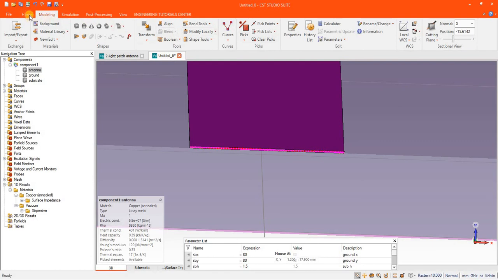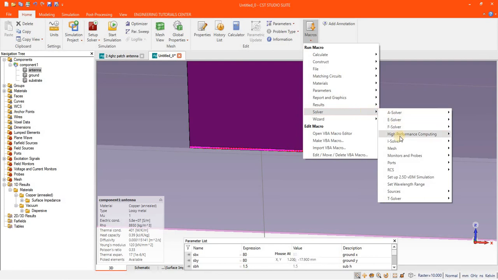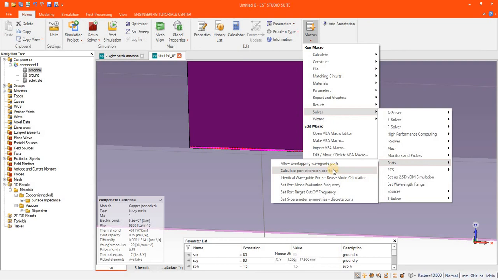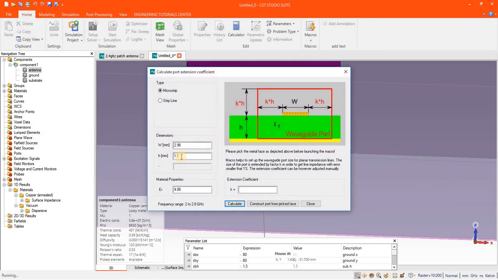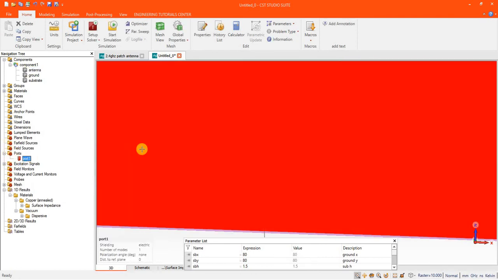This time we are not assigning a predefined port that is available in macros. We will use the concept of that. The k will be automatically calculated. It will take the dimensions automatically from this design. Press construct port and pick on the picked face. From here you can see that the port has been assigned.